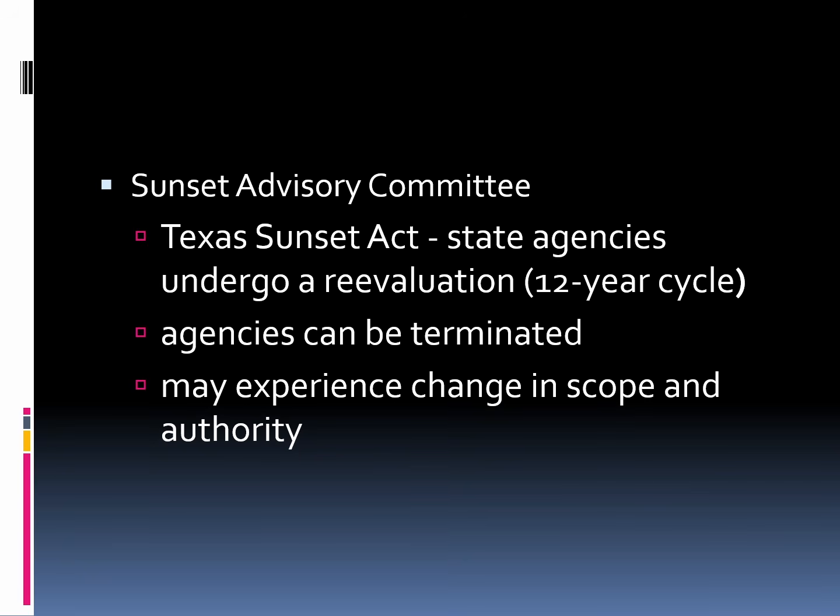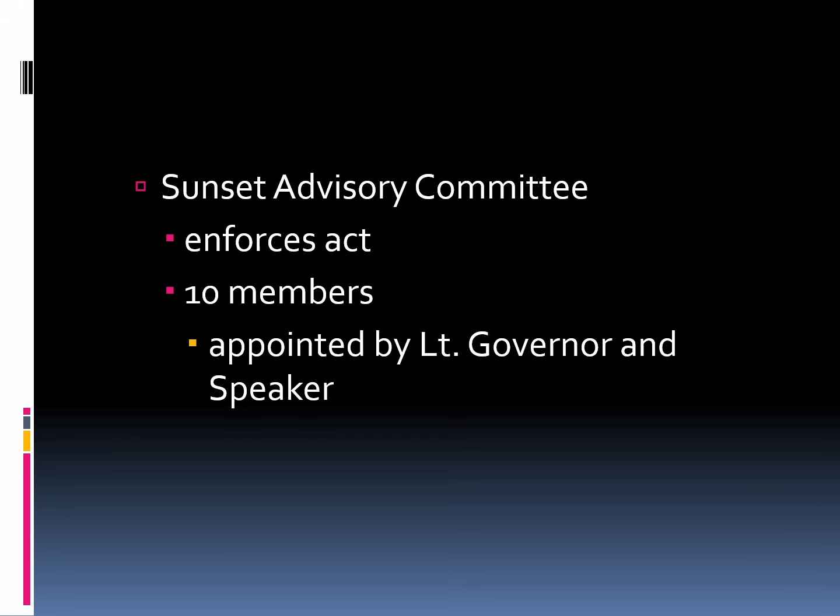Sometimes an agency may experience a change in scope or authority, or they may take parts of a program out of one agency and put it into another agency. So that's part of the evaluation process: it reports what kind of job you're doing and whether you need to tweak what you're doing. Sometimes we need to pass a law that's going to change the way things are at this point in time. There are many things that can happen with one of these sunset evaluations, and believe it or not, they're called mega evaluations.